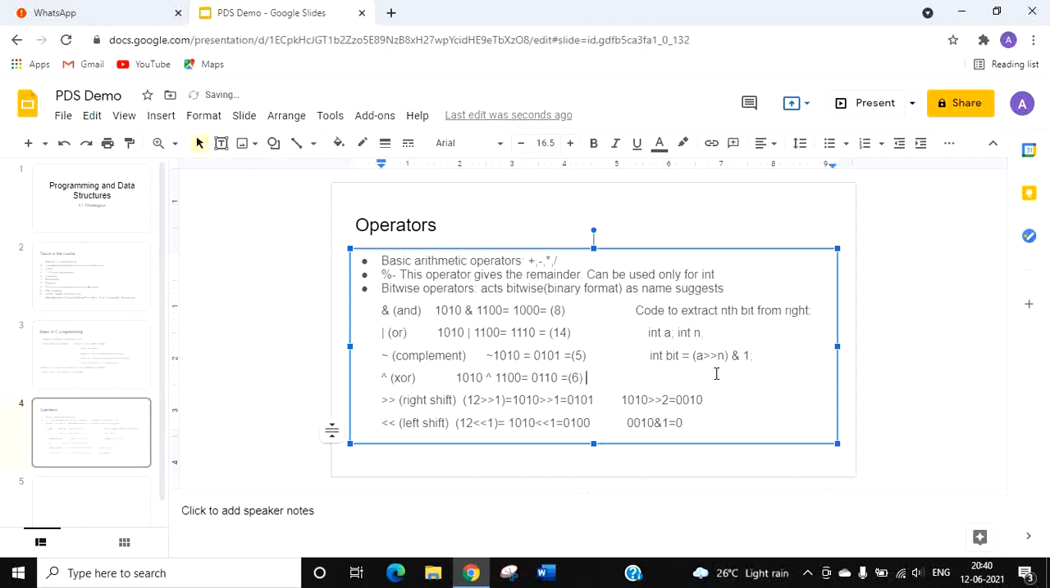Another important thing in this, integer division gives only integer values. So if you write 5 by 2, you will only get 2 and not 2.5. And if we want to get 2.5, we will need to typecast it to float or represent it in floating points. So you have to give 5.0 by 2.0 to get 2.5, or else we can also typecast it to float